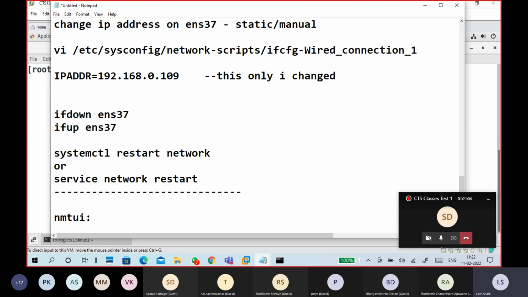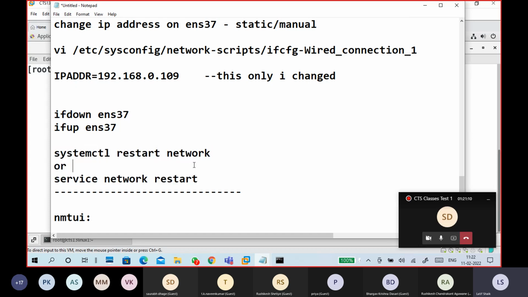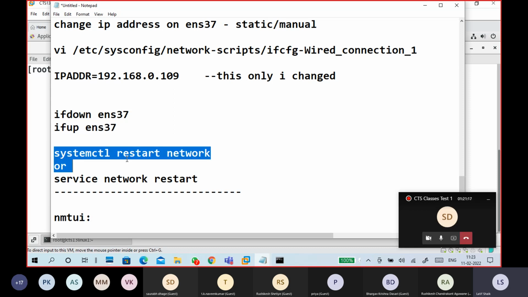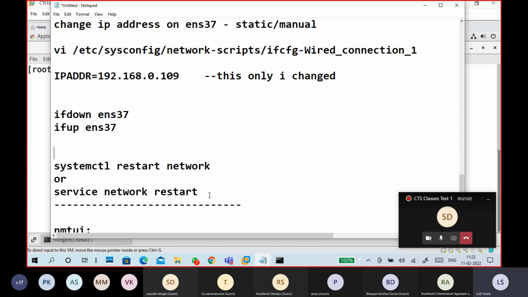This is also for enabling and disabling. This is a service restart, restarting the network service, the network manager. This is for disabling, this is for enabling, and this restarts the service.